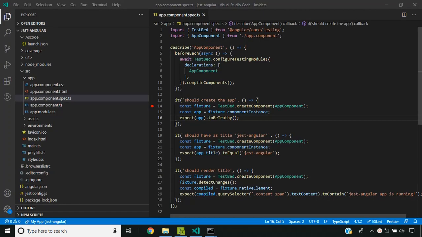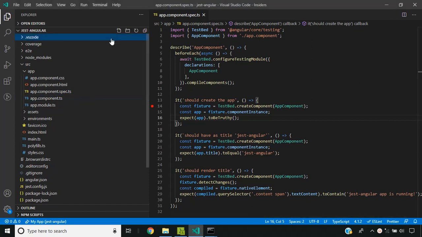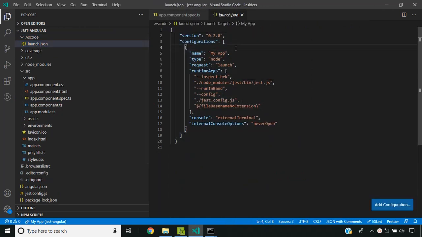Now let's see how we can debug a Jest unit test using VS Code. In VS Code, we need to add a folder called .vscode, and inside that a file called launch.json. Inside that I have given a configuration. This basically runs node in inspect mode, and I am pointing it to the jest.js file. I have given the runInBand option,